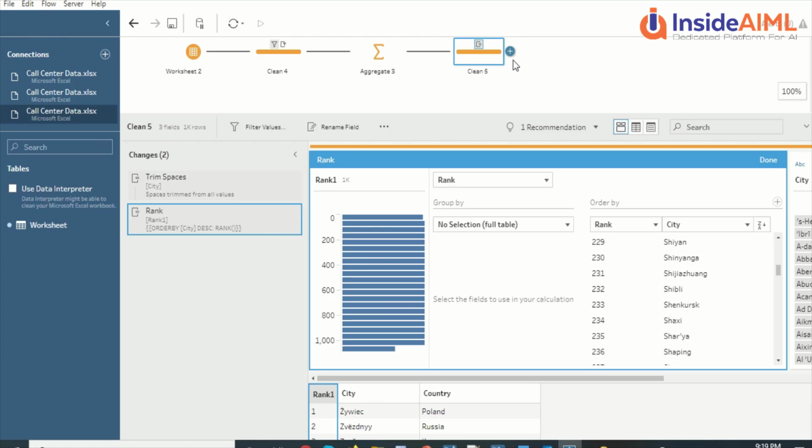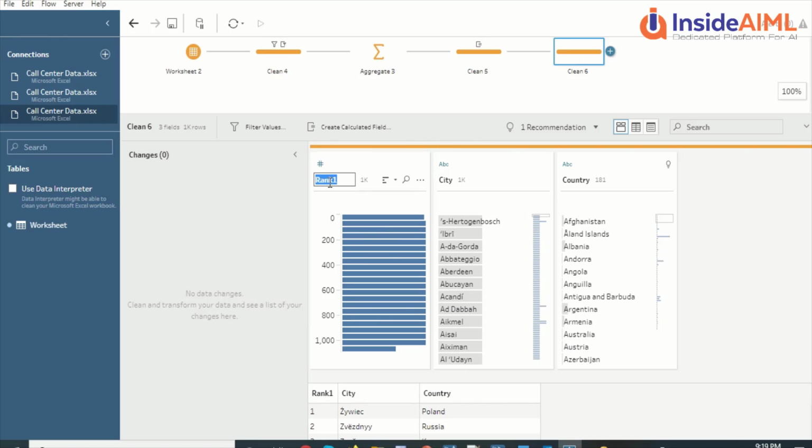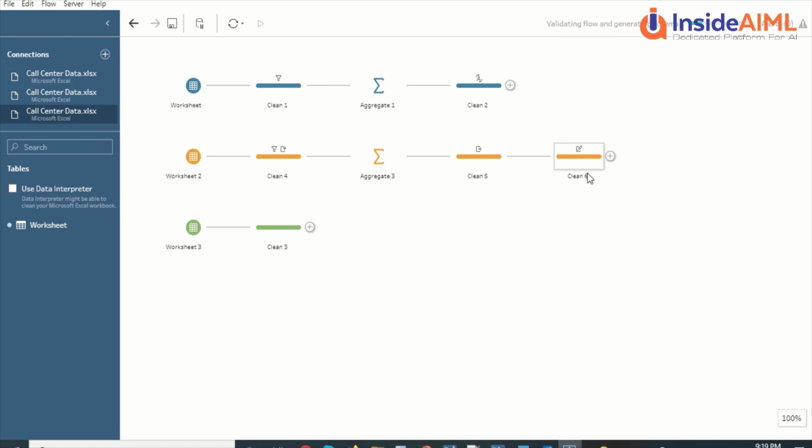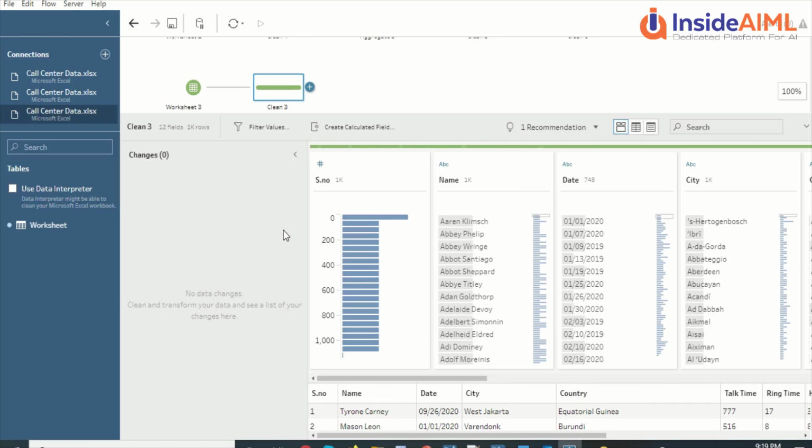And next step, I think we can add one more clean out here, and in this step I'll go ahead and call it city ID. If I want to do further operations, I can do it here. I just added a step for the clean purpose. We could do many things in the same clean step. Here I added the clean step already. Let me see whatever you have done in this clean step.